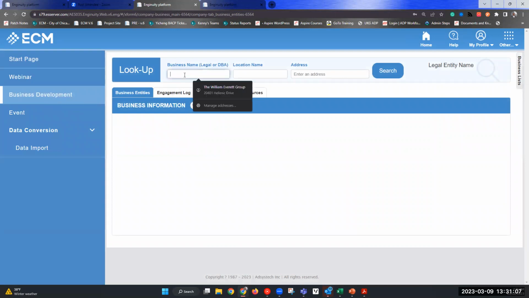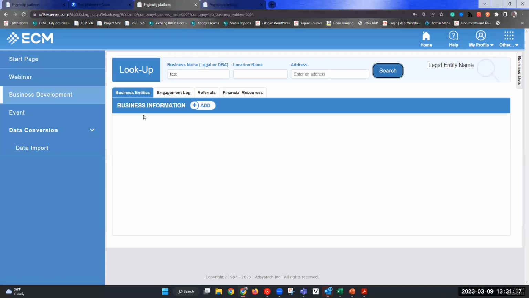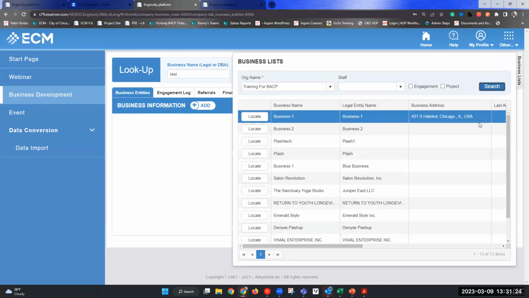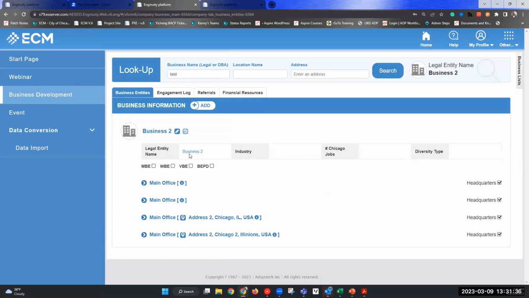All you have to do is search for your business. I'm gonna type in test. So I want to look for a real business. Actually, I'm gonna go here. So I'm gonna go to my business list on the right side. What this shows is all the businesses that you already work with. So I have all these, and I'm gonna choose business 1. Actually, let me choose business 2. This is gonna show you something. And in business 2, these are the different locations I'm working with.